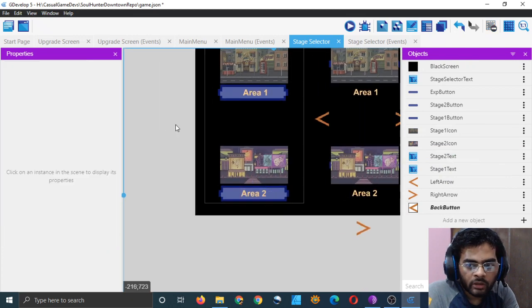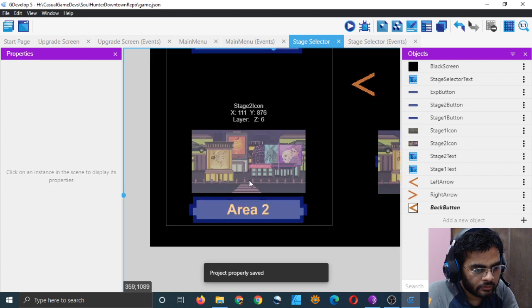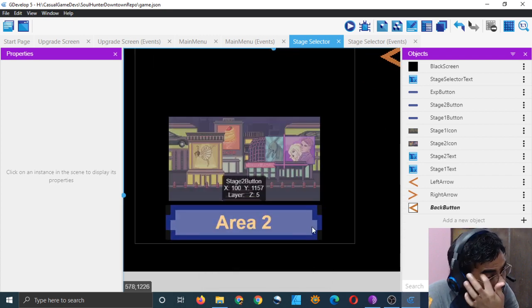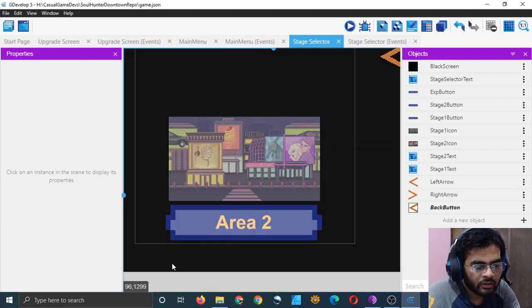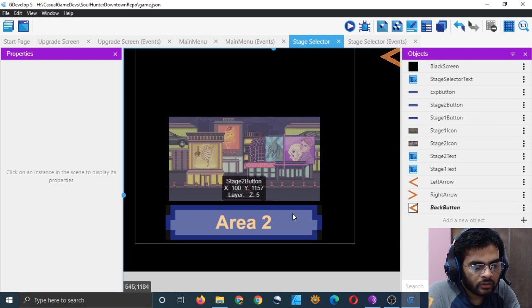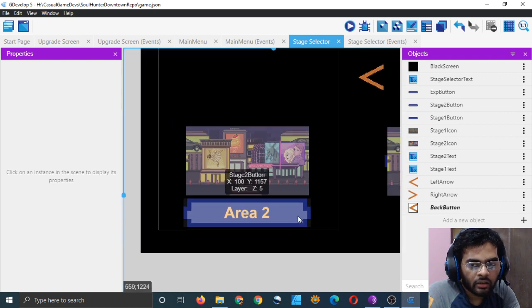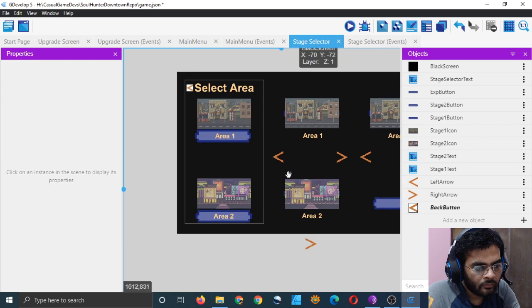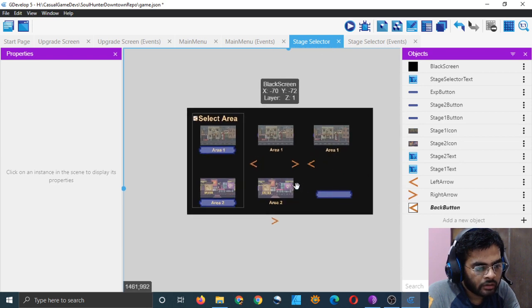So yeah, we have done it for both the buttons. And you can see that the extra area has been deleted, and the clickable area is only this rectangle, the way it should be. That's good.